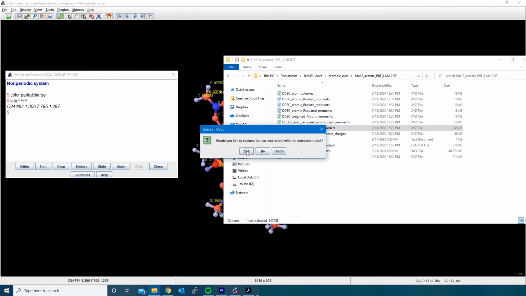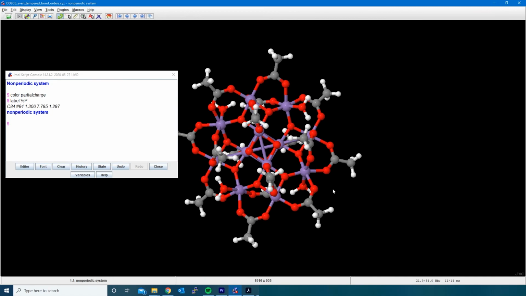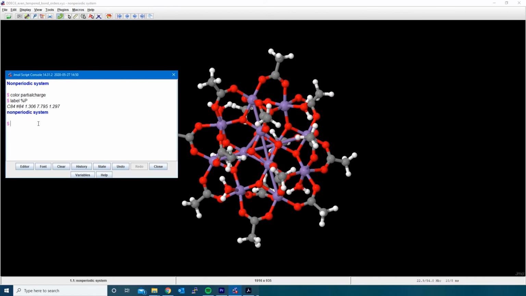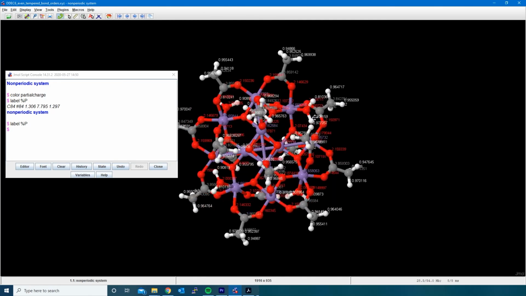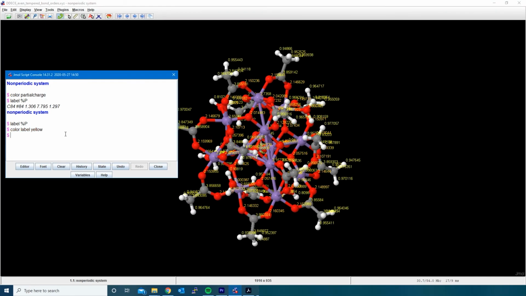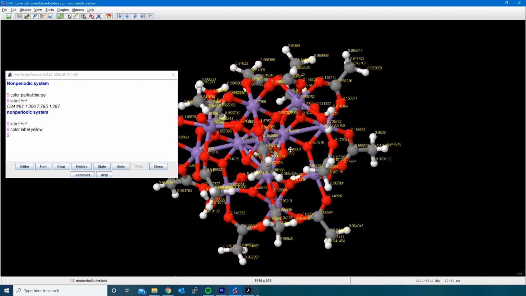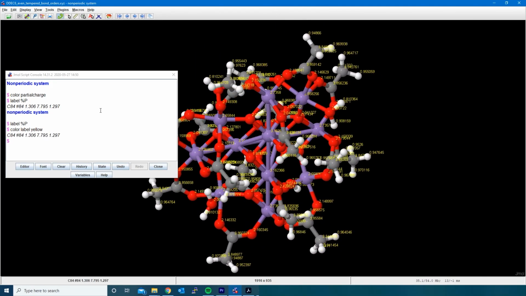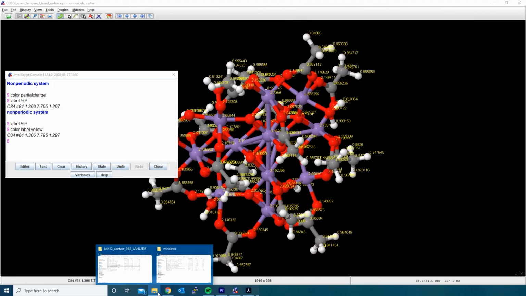Let's repeat the same now with the bond orders. Since this is a non-periodic system and the bonds are within the system, all atoms are in the reference unit cell. That is, all atoms are in the 000 unit cell. We look for C84 and find the SBO displayed in YAML.